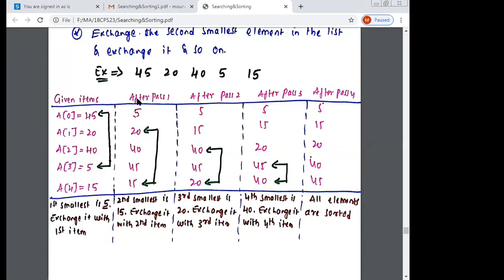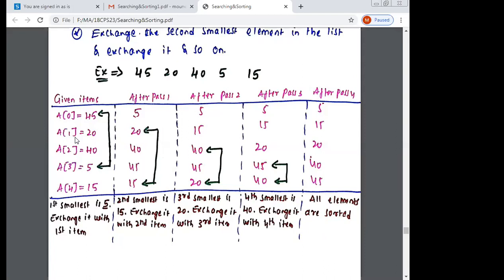After pass 1, the array will change to 5, 20, 40, 45, 15. The first element is already sorted, then you compare A of 1, the second element, with the smallest element in the array.